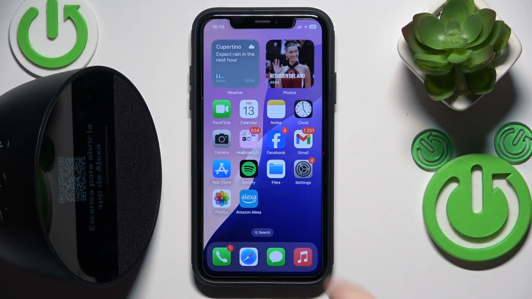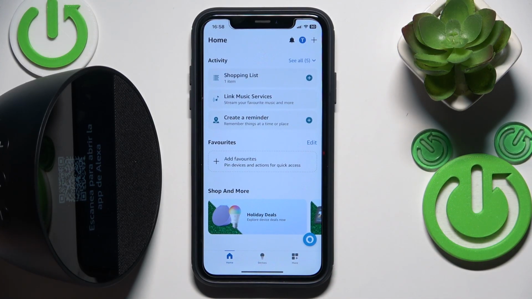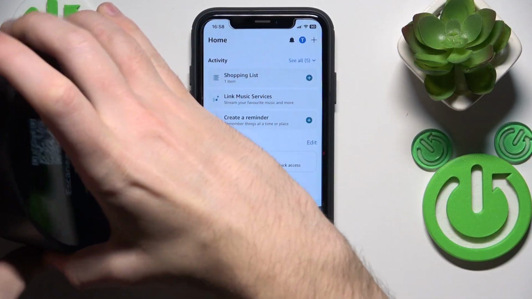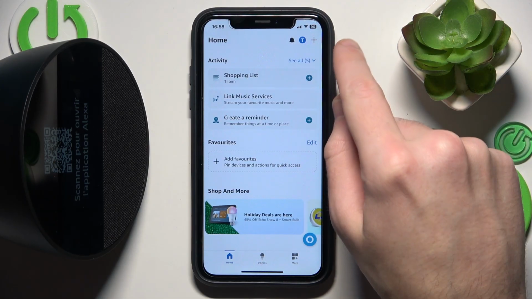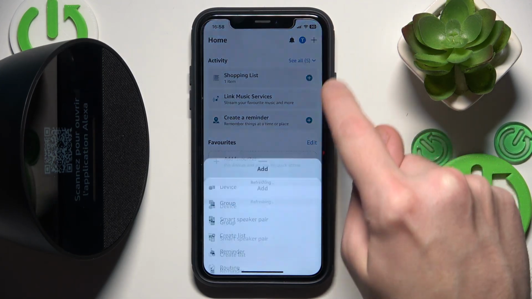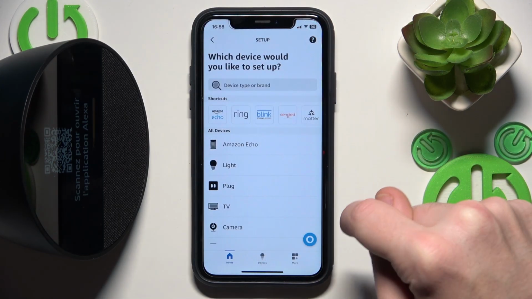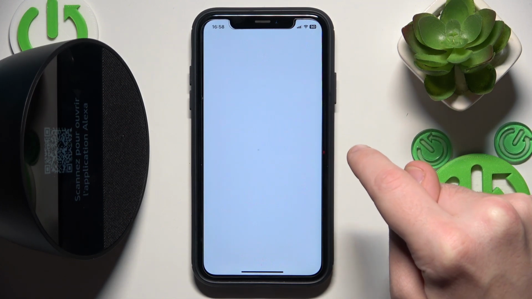You have to start by opening the application. Oh, and make sure that your speaker is connected to the power right here, and that you have this on your screen. Now click plus at the right top, device, Amazon Echo,